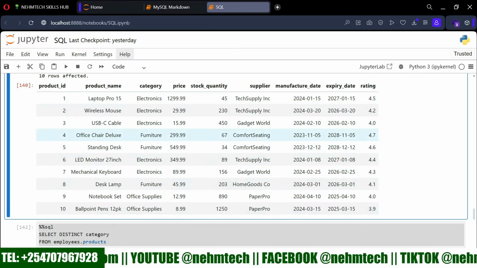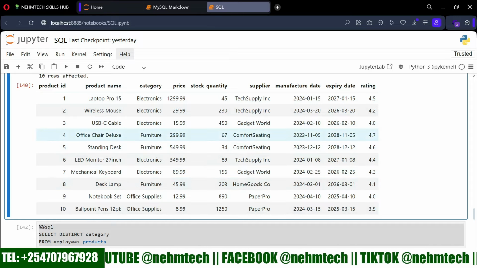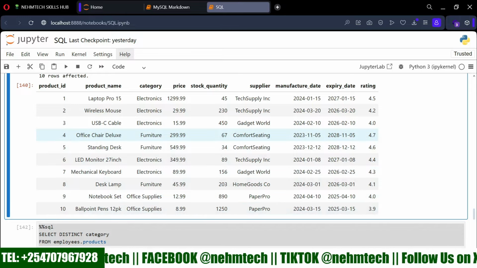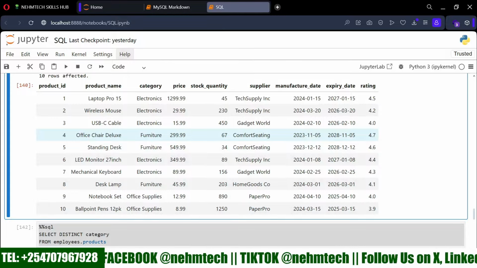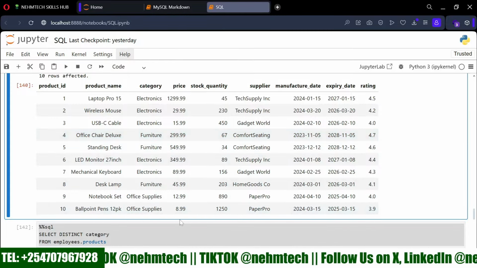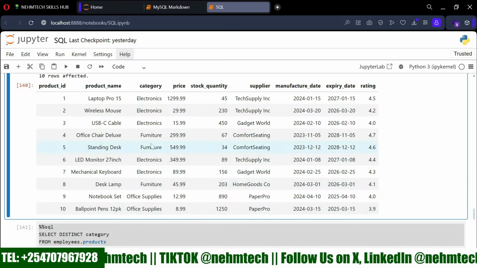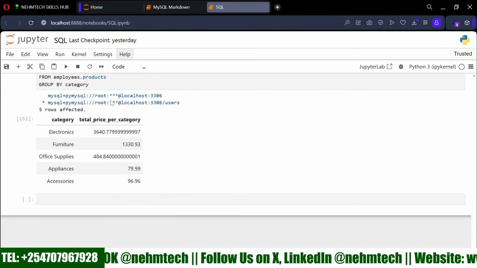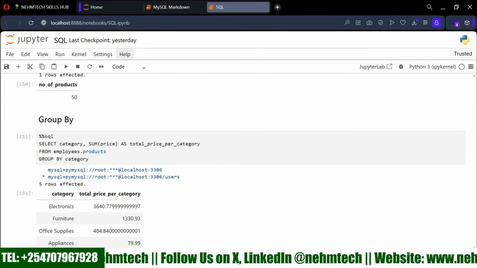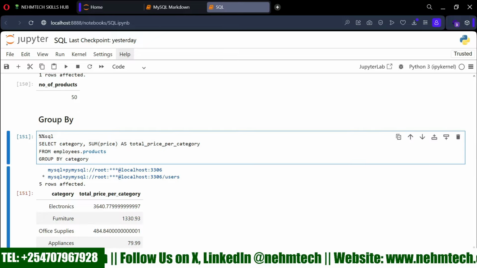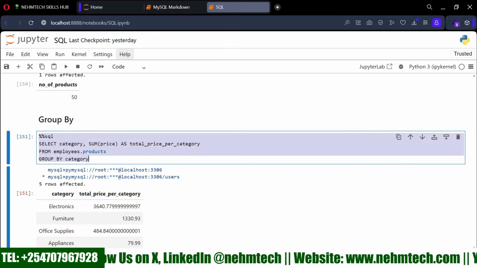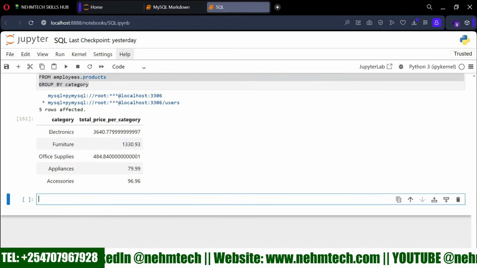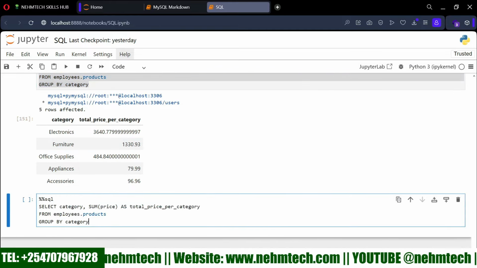Then it goes to the furniture, it's going to sum for all the furnitures. Then it's going to give you one record, furniture, with the total summation for that furniture. So grouping by is like doing the aggregation, but on grouped data. I can use any other aggregation function, like for example, let's say you wanted to do the